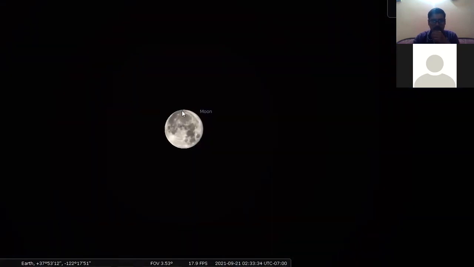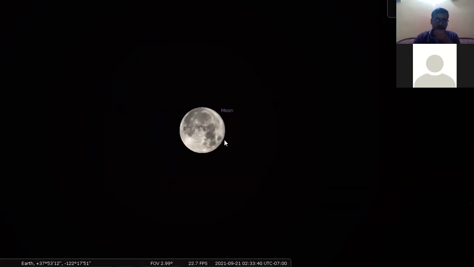The moon is visible in the sky in California. It doesn't mean the software shows a different moon; it shows you the image which is actually present on that sky.